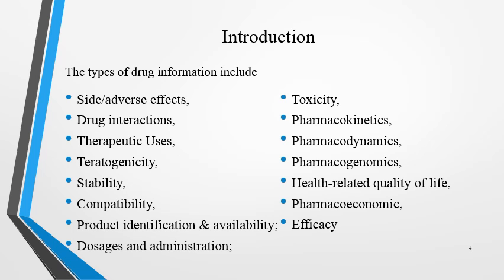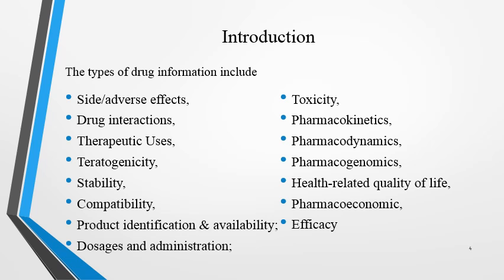The drug information is available in various categories. The information may be about the side effects or the adverse effects of the drugs. It may be about drug interactions, the therapeutic uses, the teratogenicity caused by the drugs, the stability of the drugs, compatibility of the different combinations of drugs that have been prescribed, product identification and availability, whether the specific product is available or not, what the dosage and administration of different drugs will be,